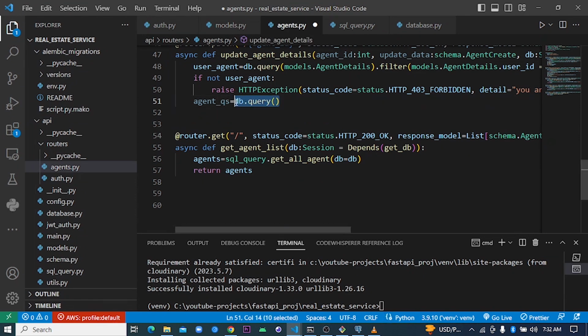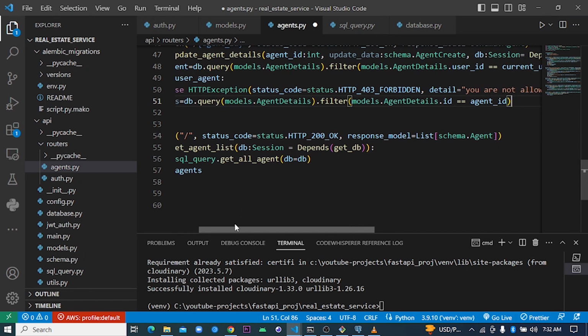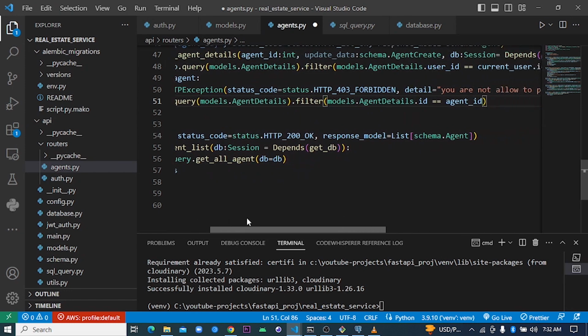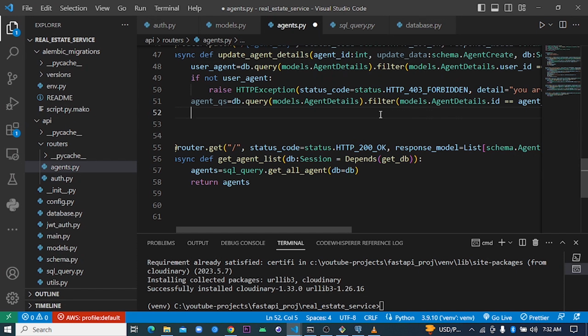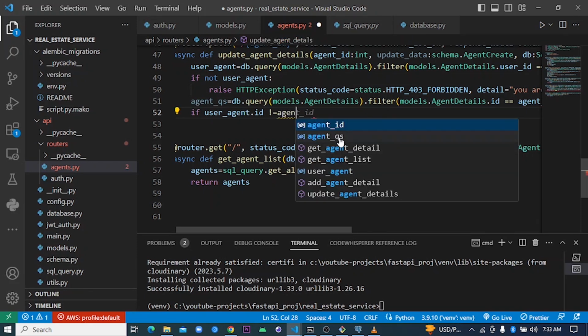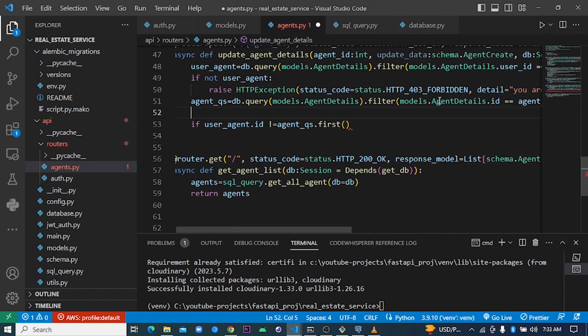So let's not just waste our time. Paste this. All right, so this will be the agent query that we'll probably use for the update as well. So once we have the agent query, the check we want to make now is to check if our user agent.id is not equal to agent query dot first, or better still, let me just do say agent is equal to agent query